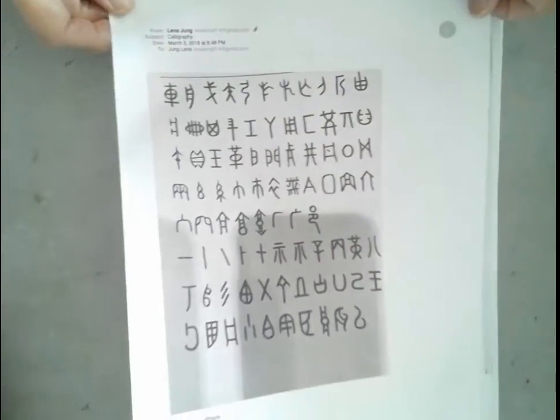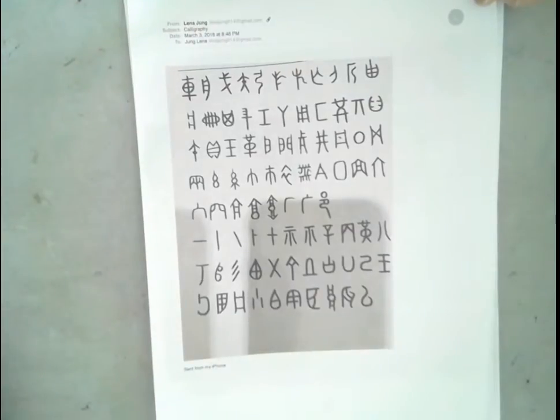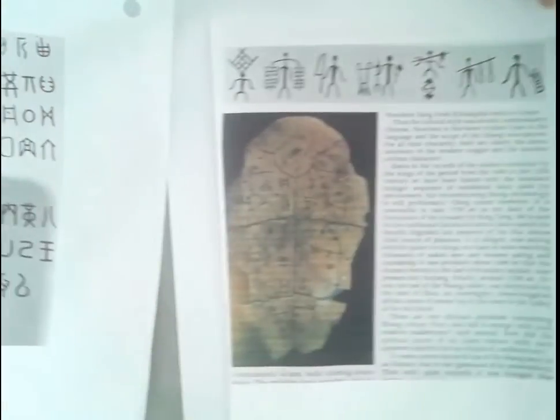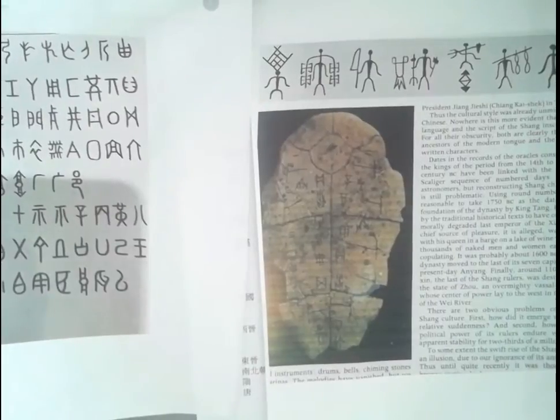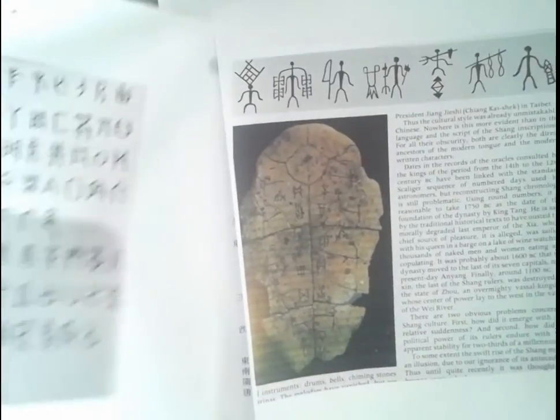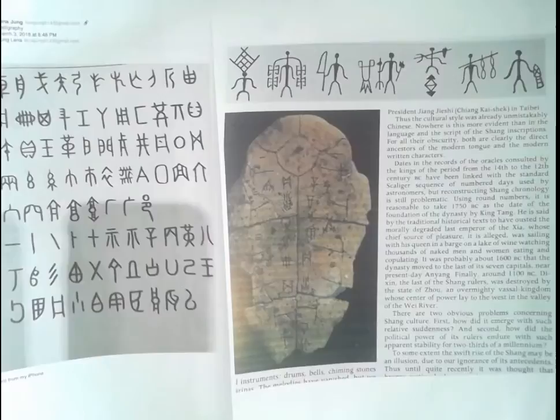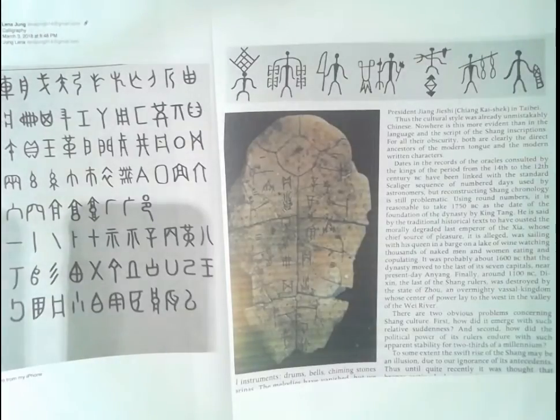Both of them were used simultaneously between 1500 BC and 771 BC. I have included on your copy a chronology, and you will see in Chinese that you will have to